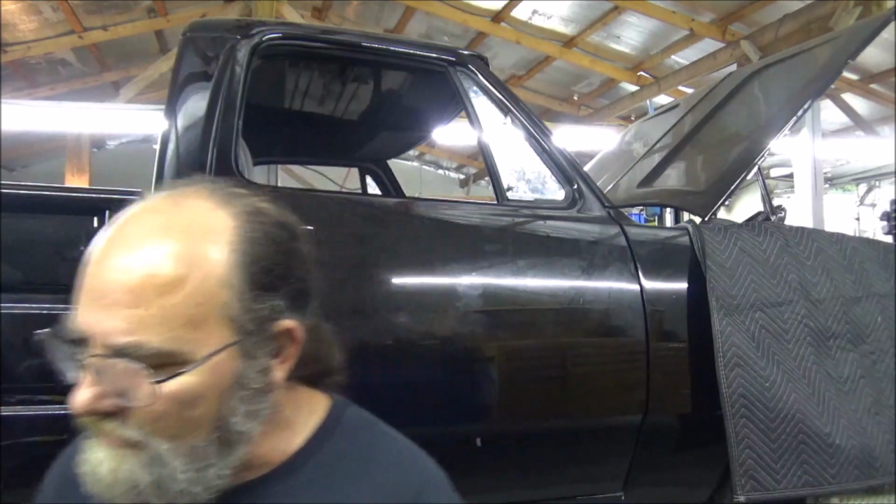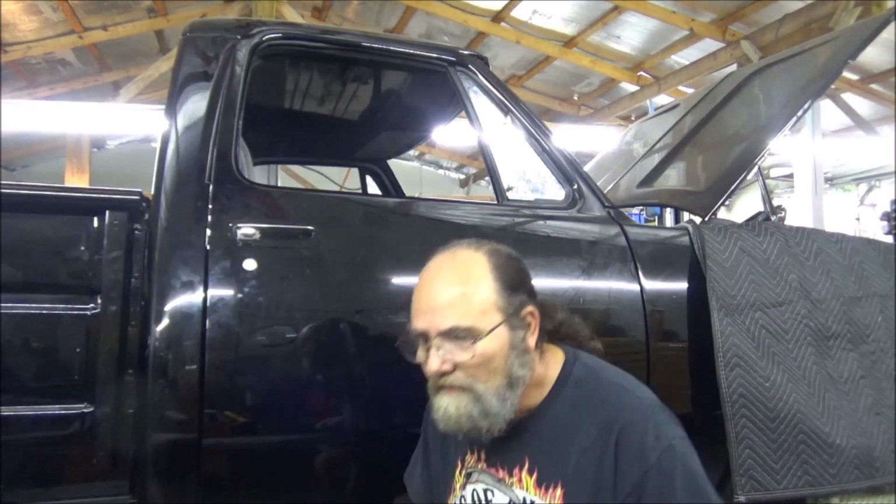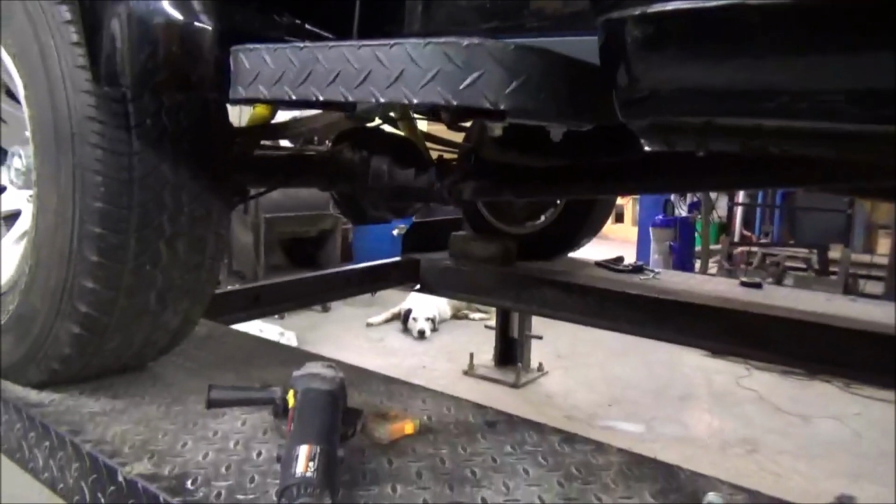Well, let's hop up in there and check it. The reason I got the truck up in the air, and I'm just going to stand up in there, is I'm not sure if the new shop dog's going to be a jumper. He jumps on me, but I don't want him jumping on this truck. And right now, if y'all can see that right there,